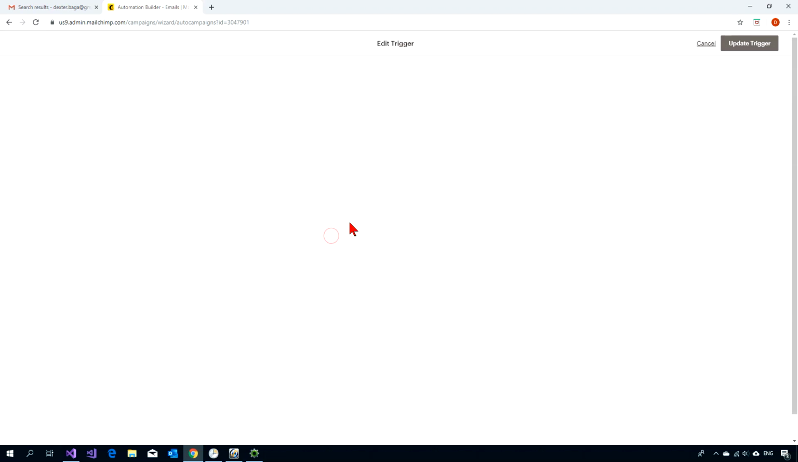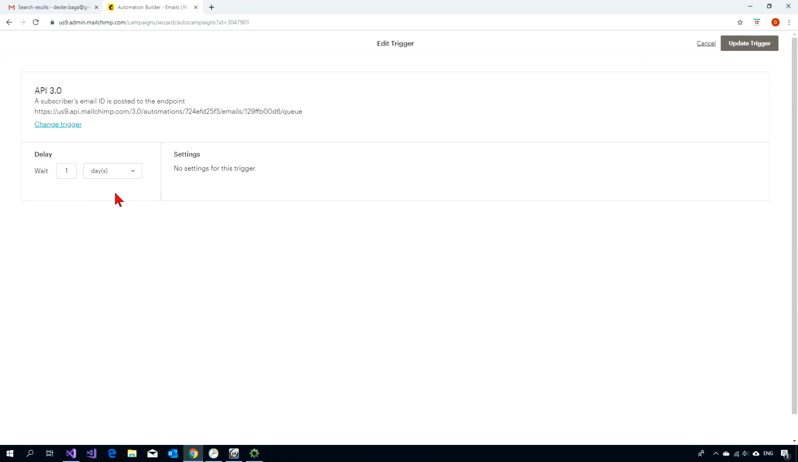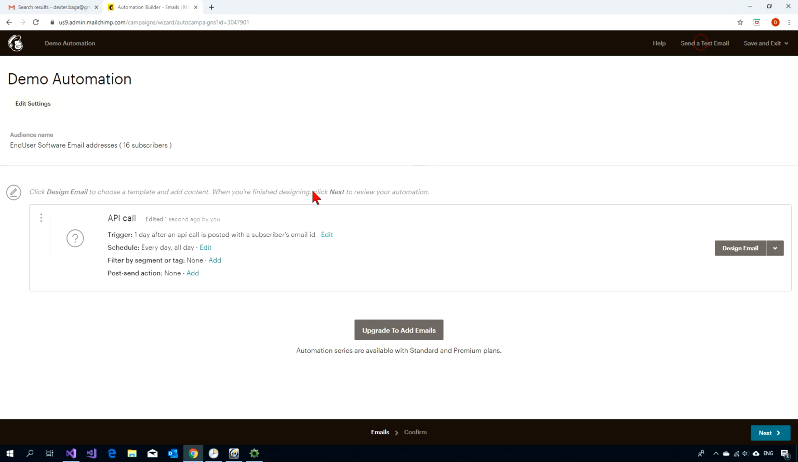So we can change that to either immediate, which means that when we make a request, MailChimp will send it right away, or delay that by an hour, or whatever interval that you prefer, whatever works within your process. So I'm going to leave it for now as 1 day. I'll delete it for now, and then if you hit next,